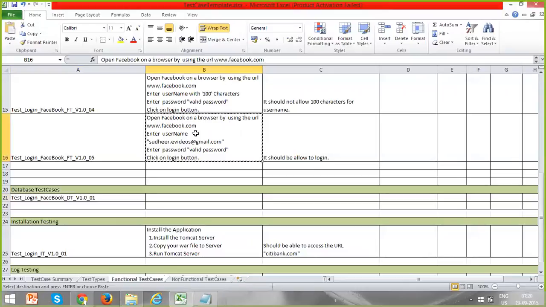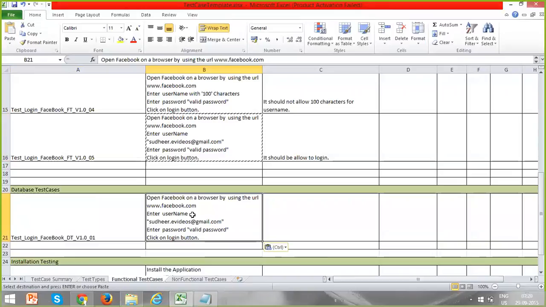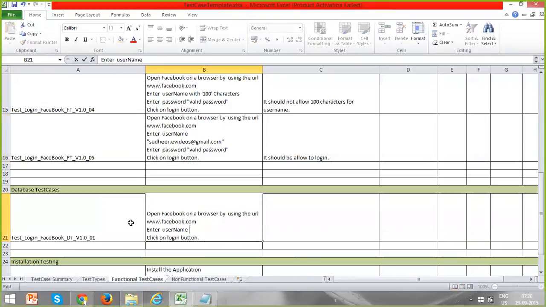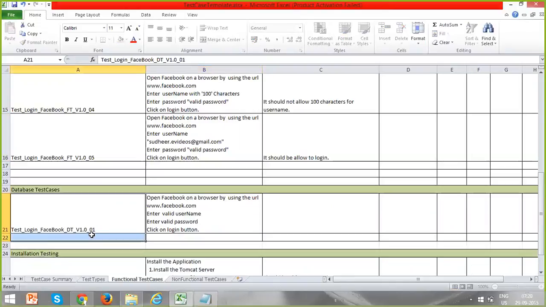Take this one and modify it a little bit. Enter a valid username, whatever it is. Enter a valid password. Okay. So database is nothing but where